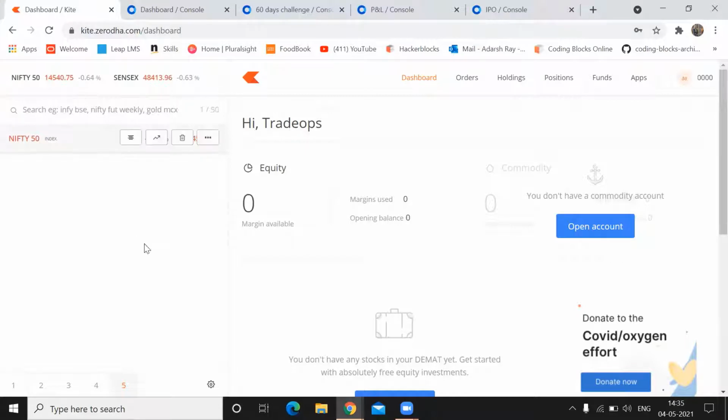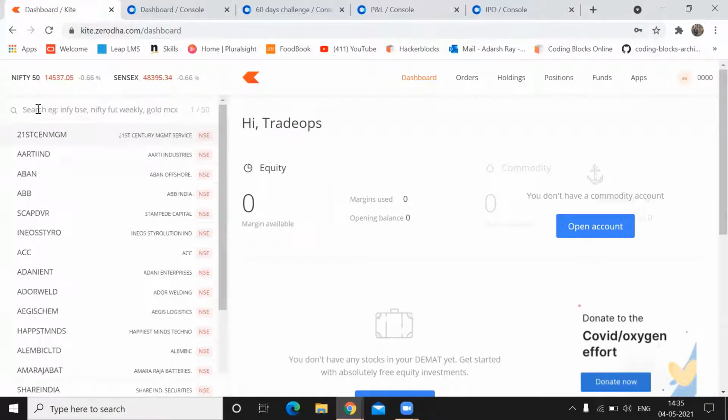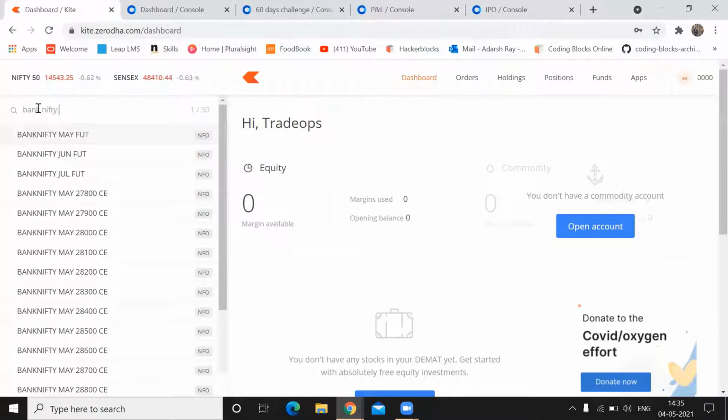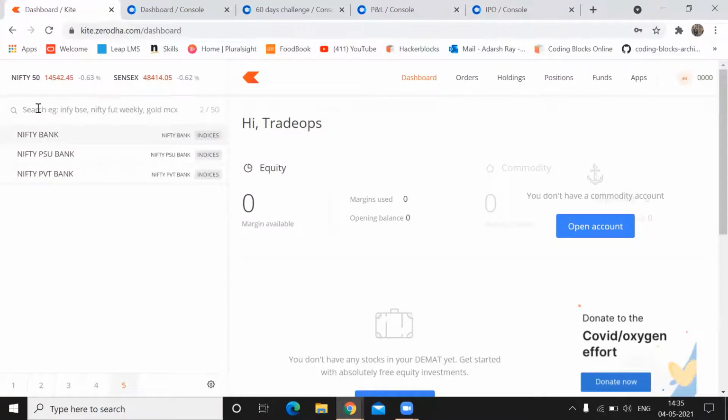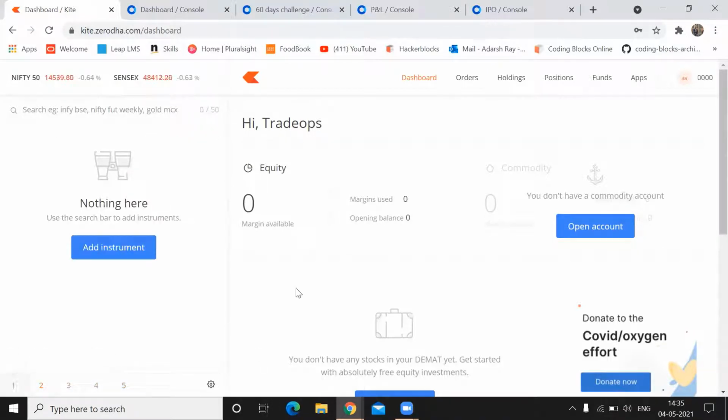Yeah, so this is Nifty 50. You can ignore the movements of the stocks right now because it is during the live market hours. Next, we can add more. So this is Bank Nifty and many more. So I keep track of all the indices out here, and the other four are used for stocks. So you can add stocks out here of your choice.